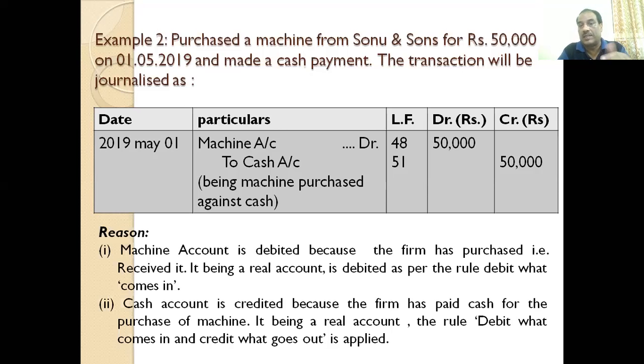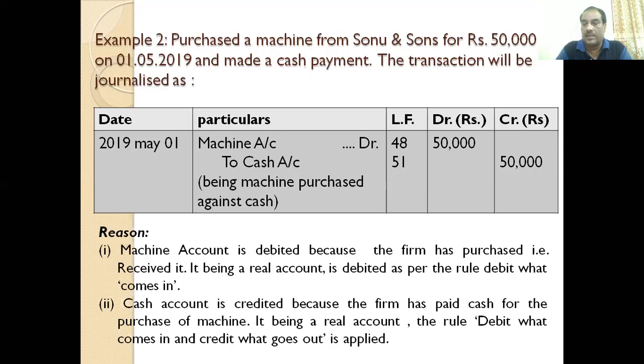Here, we have machine account because machine is purchased. Machine is purchased for the business, for organizing the business, for doing the business. So the machine account is debited. And in the next line, to cash account, being machine purchased against cash. So the cash account is to be credited because the cash has gone out for the purchase